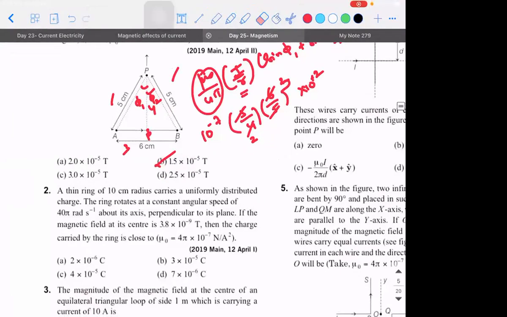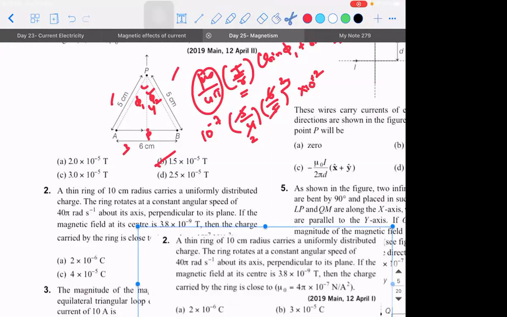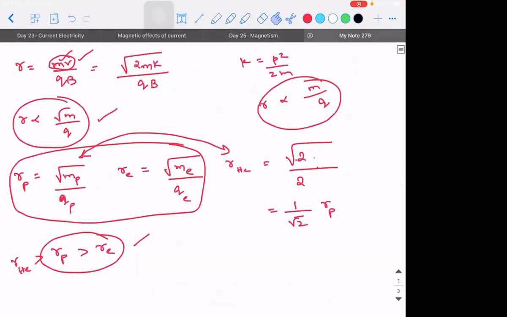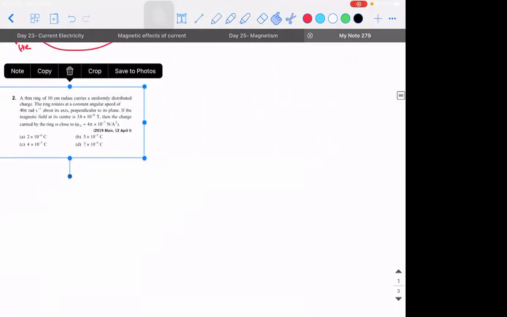Okay, let's think like this. Instead of charge, have they given the current, then how will you calculate the magnetic field due to a thin ring at its center? Sir, omega is there, radius is there. Okay, so with that we can find v. But what will I do after finding v? This question doesn't need v. Because when do we need velocity? When you need to calculate the radius of the circular path. For this question we don't need v.